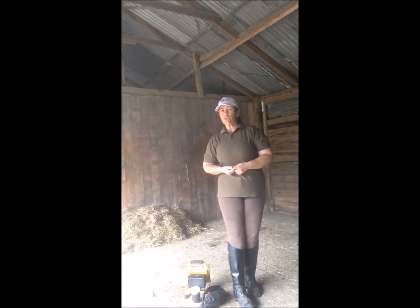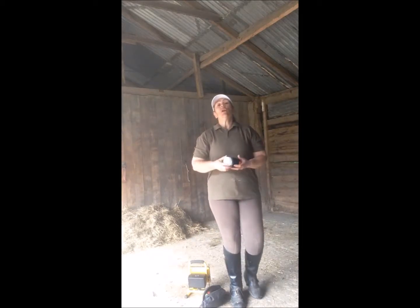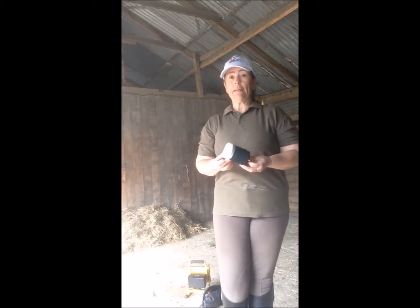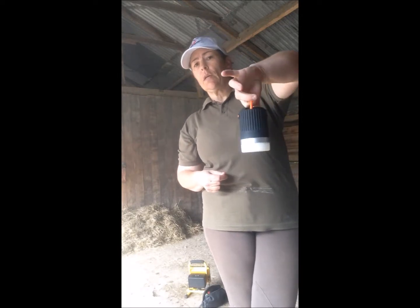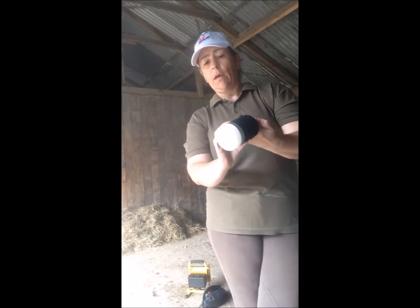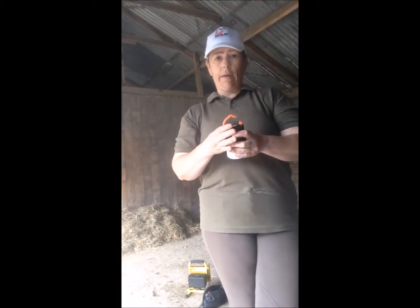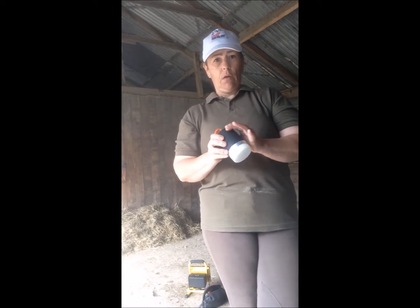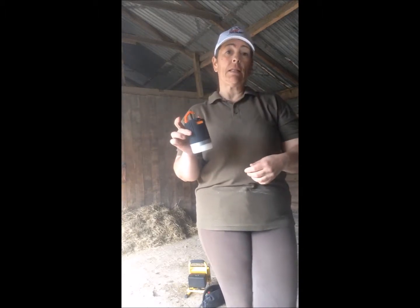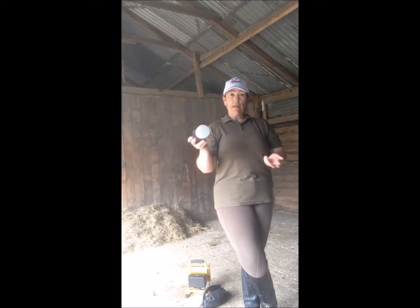Hi, so I just wanted to show you a couple of options we've got from Mobile Solar now that we're going into the darker evenings. You can go anything from a simple lantern that works literally off the push of a button. The lantern also has various charging points and output points, so you can also use this as a power bank as well as a lantern, so it will double up charging your phone